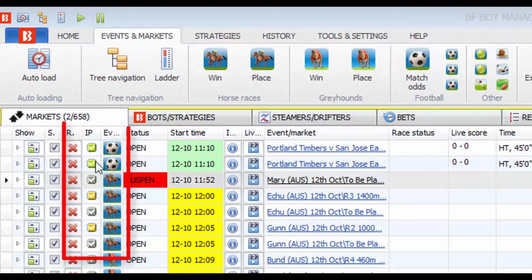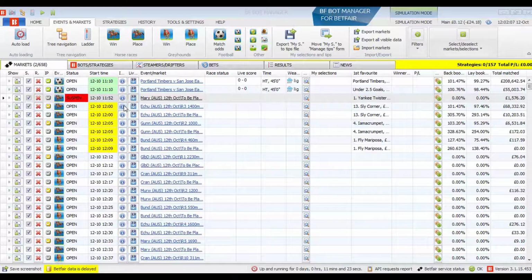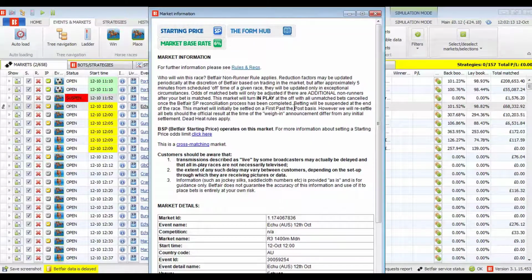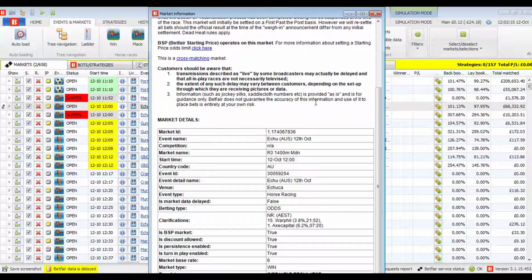We can also easily see if the market is in play or not. Green means the market is in play, orange means the market is not in play yet but is going to go in play, and grey means that the market is not in play yet and it will not go in play. If we click on the I button, we can see detailed information about the market as provided by Betfair,